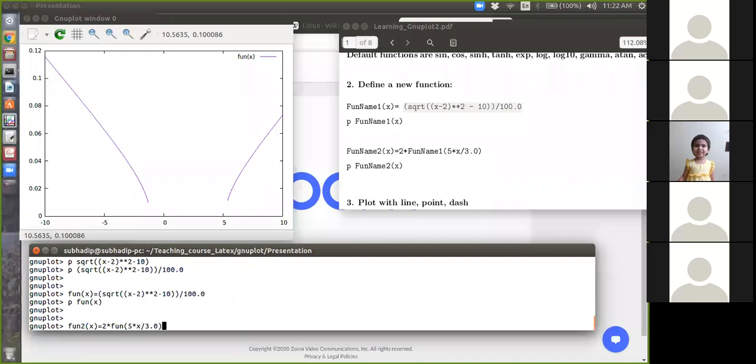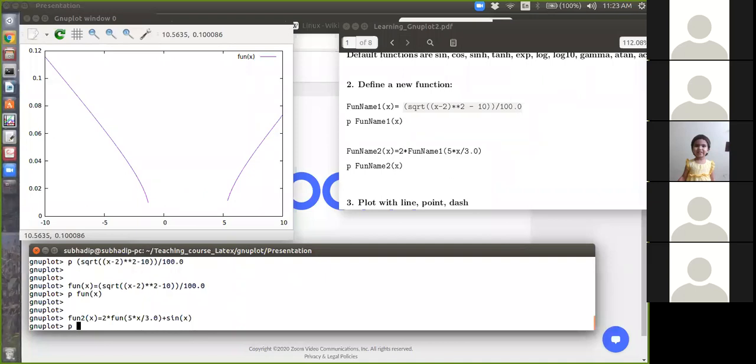You can add more default functions, say this plus sin x. You can do anything you want or you need to do. This is a new function, function 2.